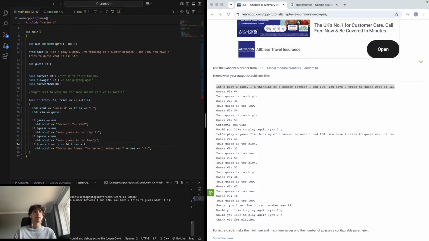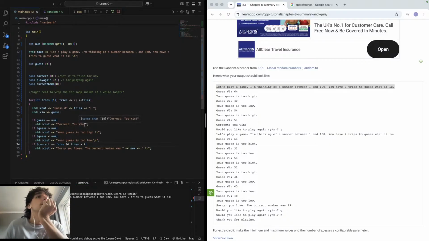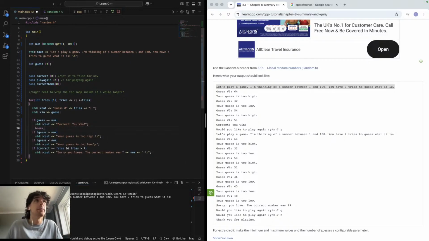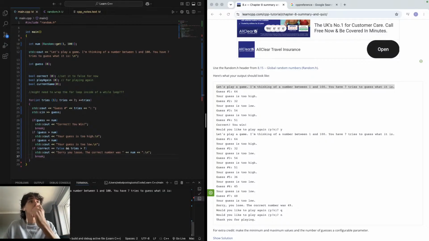70. Too low. 74. Ah, you win. So it was 74. So if guess equals number, then we want to actually break here. And we also want to break here. Because look, we've continued there and we get 74 again. Correct, you win. So what we want is if you win,